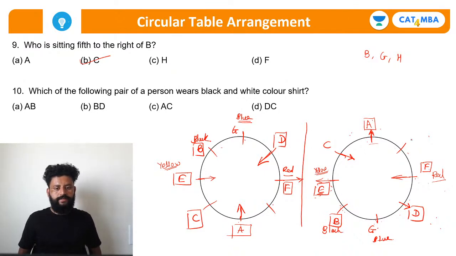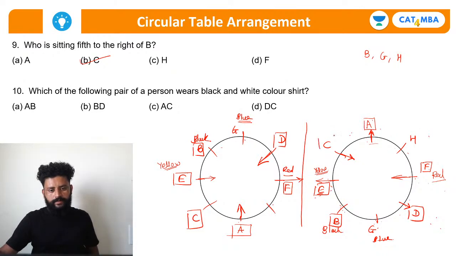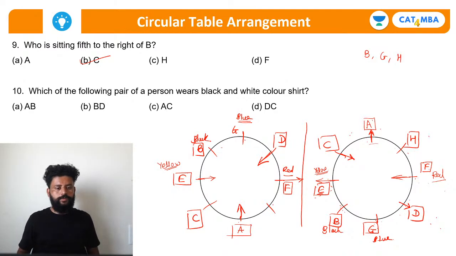Right, that's for sure. This must be A B C D E F G, and could be the possibility. And here A B